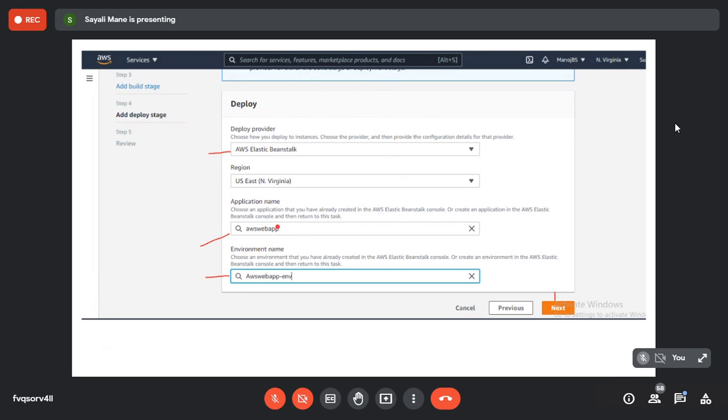In Viva, the external may ask you one question, like how to recognize the environment name. So see carefully here, env stands for environment name, whereas in application name there is no env. Whichever name is connected with the env, it indicates that it is the environment name. So please take a screenshot and then click on the next button.